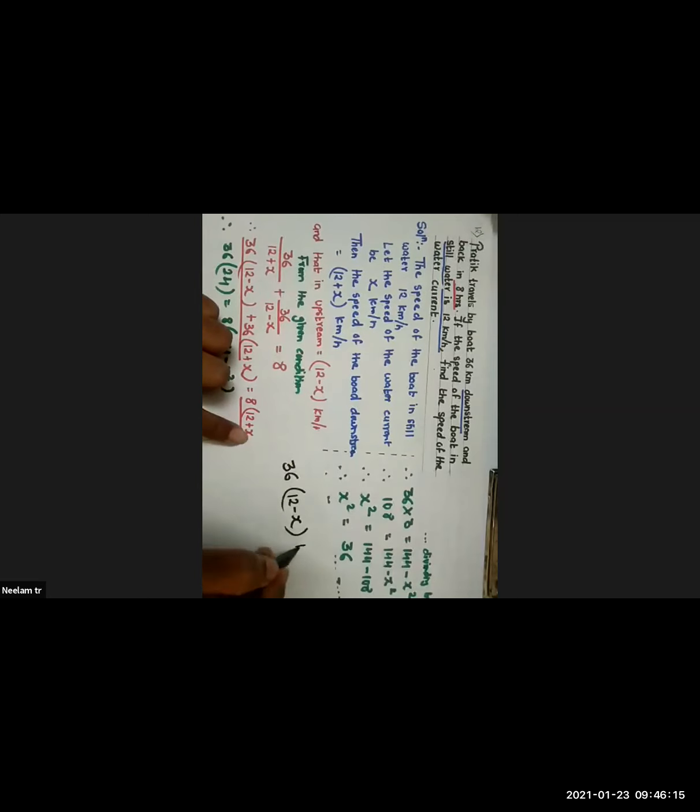ये सॉल्व करके दिखाओ 36 वाला। देखो ये इधर गया 36, 12 माइनस एक्स, ठीक है, फिर ये प्लस 36, ये क्या है 12 प्लस एक्स। सॉल्व करके दिखाओ। अरे बेटा इट्स वेरी इजी। ये ब्रैकेट को खोलो और मल्टीप्लाई करो सबको। 36 12 से बताओ कितना होता है, जल्दी मल्टीप्लाई करो।